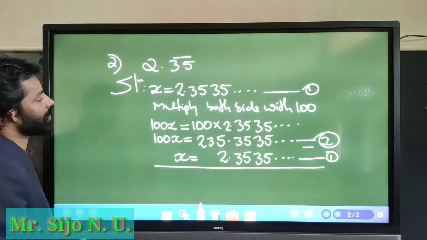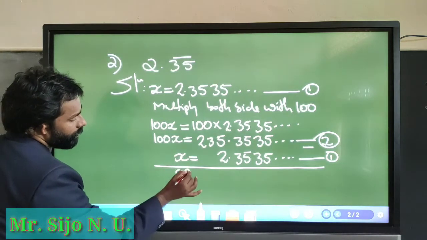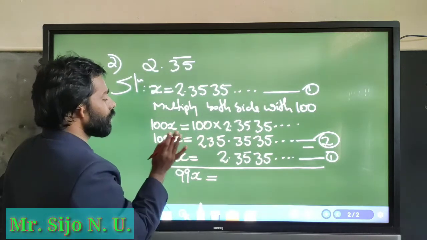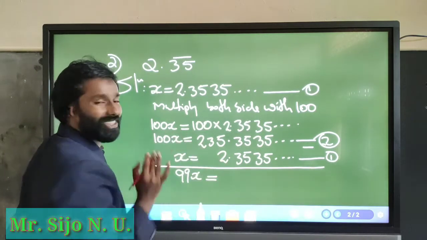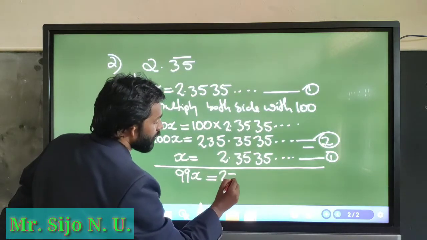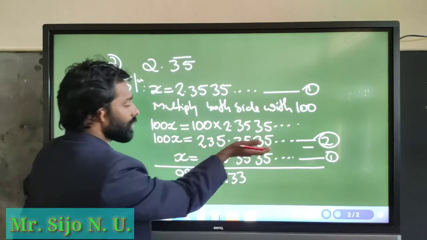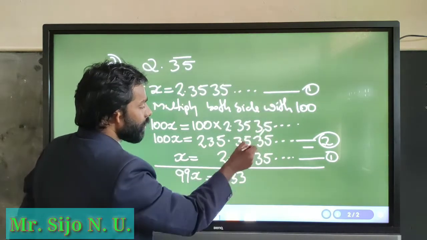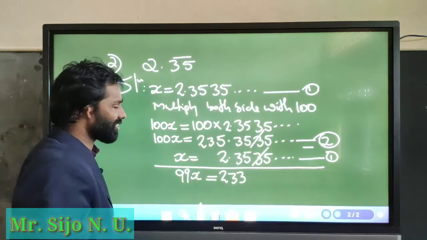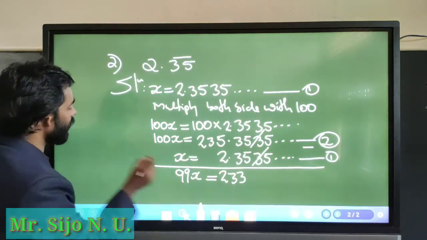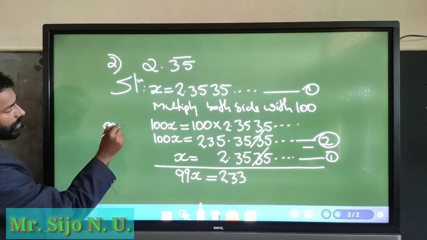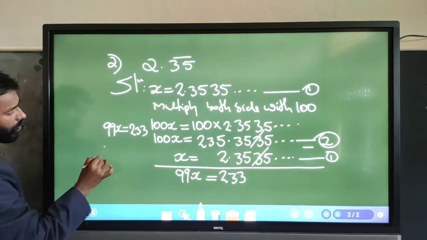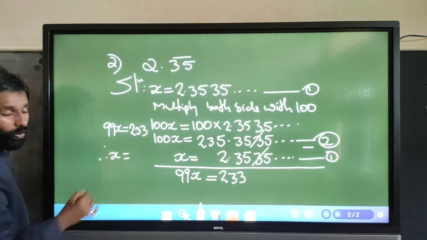So 100x minus 1x, that's 99x. It's equal to, well, whole part subtracted from whole part. 235 minus 2, that is 233. Check here, 0.353535 etc. subtracted from 0.3535 etc. Well, it's 0. We got here 99x equal to 233. Now we can write, therefore x equal to